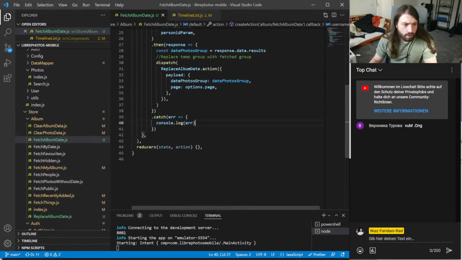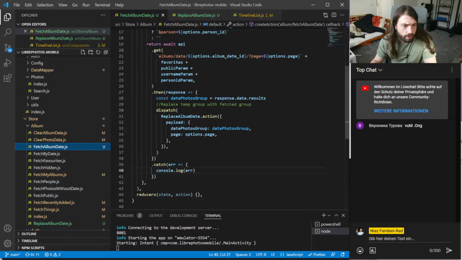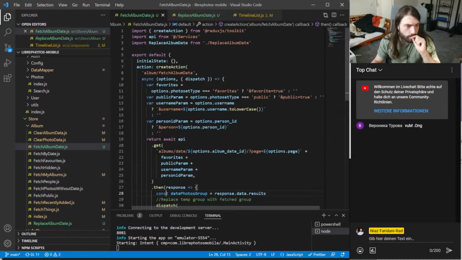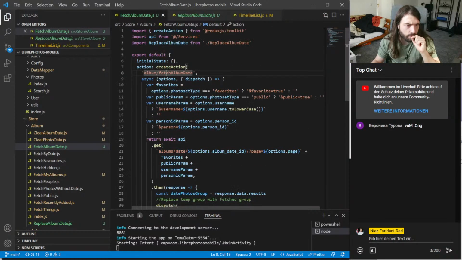So that's our thing. And then we had replace album date as a second thing. So the issue is that we don't actually fetch this, right? And then we want basically to dispatch, okay, please delete this. Similar to how we did it before. Yeah, album fetch album date.